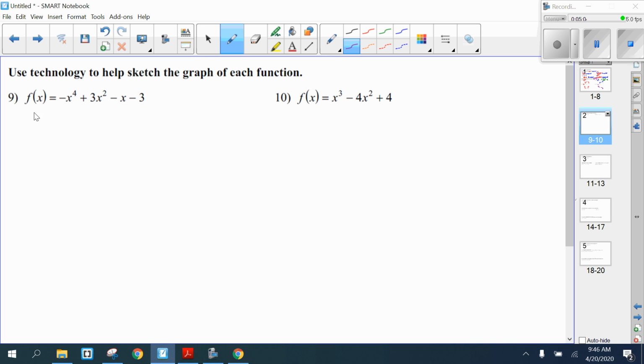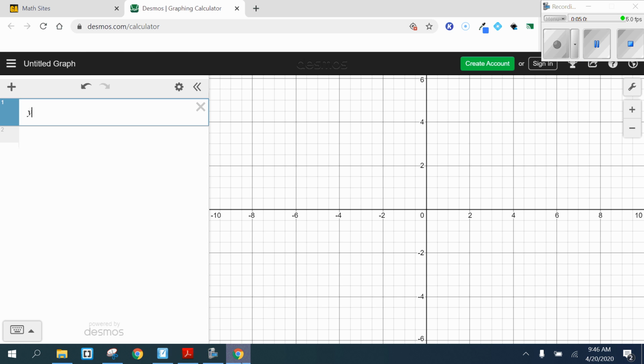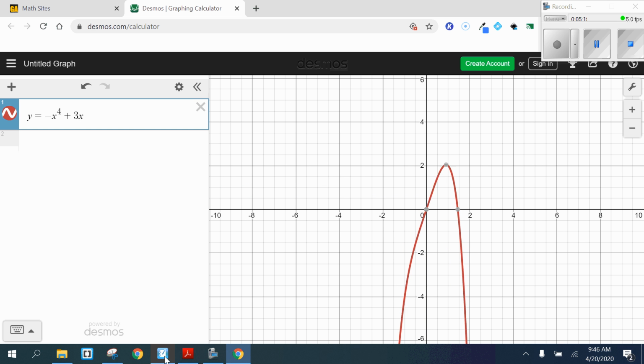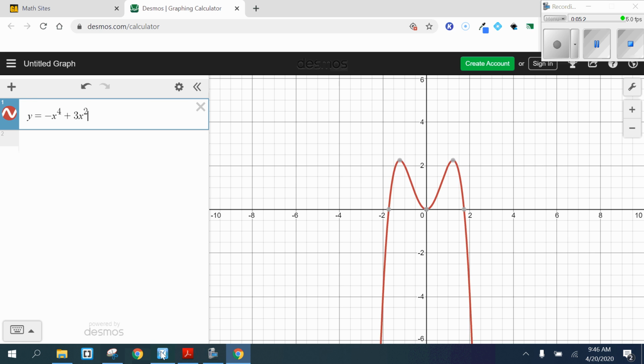So we'll call this y: y equals negative x to the fourth plus 3x squared minus x minus 3. This test is going to be a multiple choice test, so you're just going to pick the one that matches this. If you had to sketch it, I don't know if you wanted to sketch it or not,